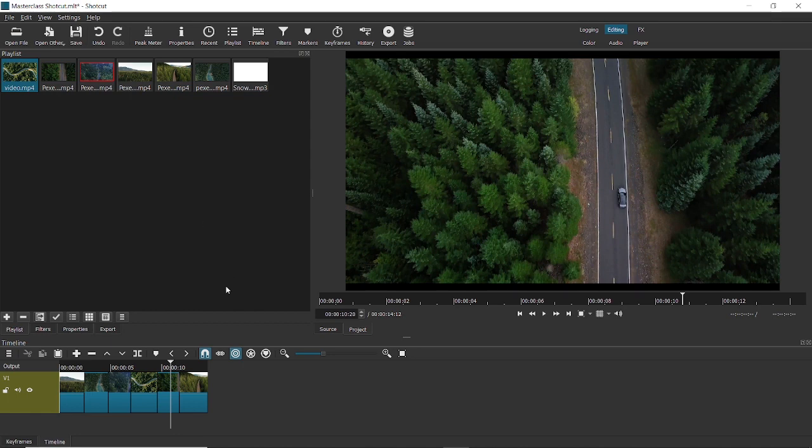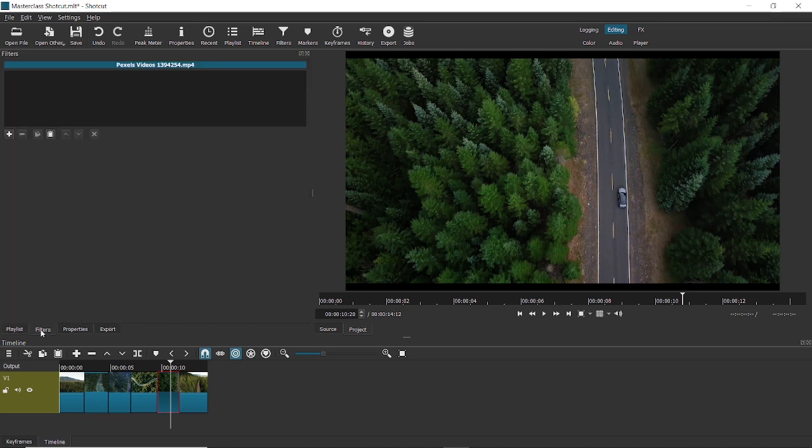So now let's say I want to zoom in on this because I don't want these 2 black boxes, and I also don't want to re-export the video somewhere else, change its settings and import again. So the easier way of doing it is coming here to filters, right? Clicking on